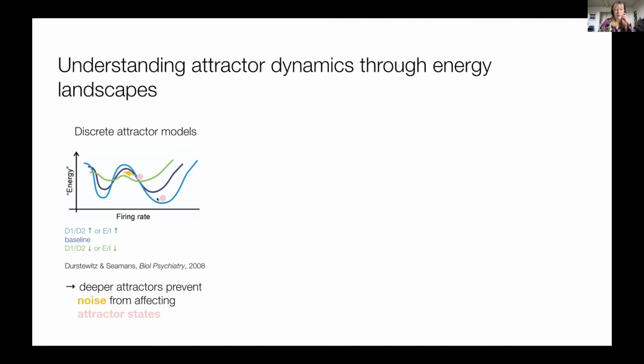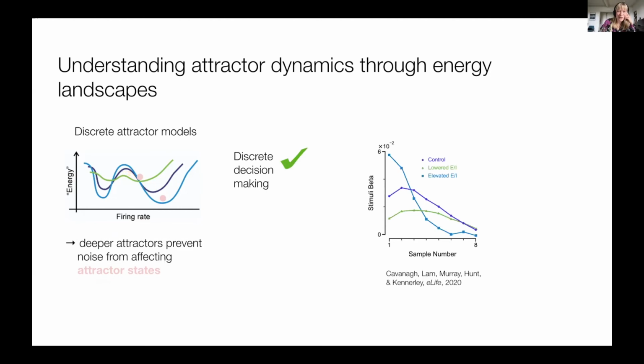And you have seen, I think in the last journal club, I haven't been here, but I know that you discussed this paper from the Murray group, where they have applied this kind of double well model to discrete decision making. So basically they have shown several perceptual samples and asked subjects to make a decision. And what we can see here is that for elevated excitation in a network, we get more recency effects. So this is just reflecting the fact that we fall into one attractor, and then the attractor being more stable than the other, we stay in this attractor longer. And the contrary is true for lower EI ratio.